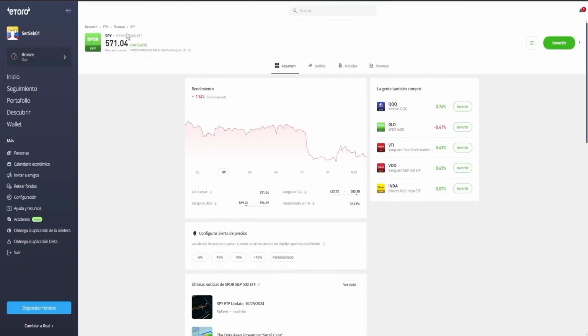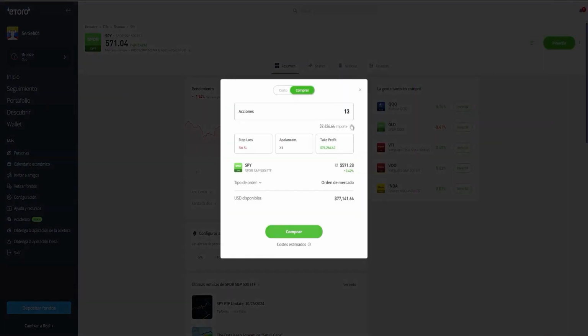That is, maybe you want to invest in a stock or in this ETF that costs $571, but you don't have that amount of money right now, and maybe you want to do DCA, that is, invest every month, invest every week, but then you don't have $571.04 every week to keep investing in this ETF. So it gives us the advantage that, for example, if I have $50 each week, I can come here and enter that I want to invest $50 and it will let me do it without any problem because I'll be investing in 0.08 shares of this ETF. And this is how you can buy fractionally.